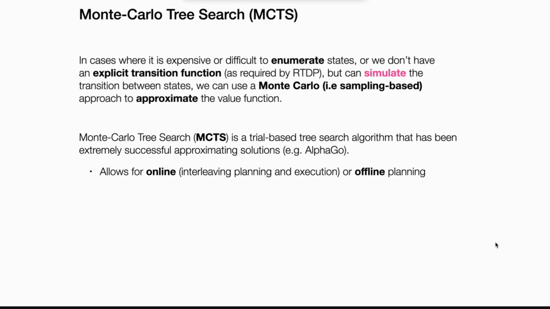So, what do we do if those things don't apply? Well, there's another trial-based algorithm that functions slightly differently. And we tend to use this if it's too expensive or difficult to enumerate all the states reachable from, or all successor states. Right, so this is if it's difficult to enumerate all of S prime, so if the number of those is very big,